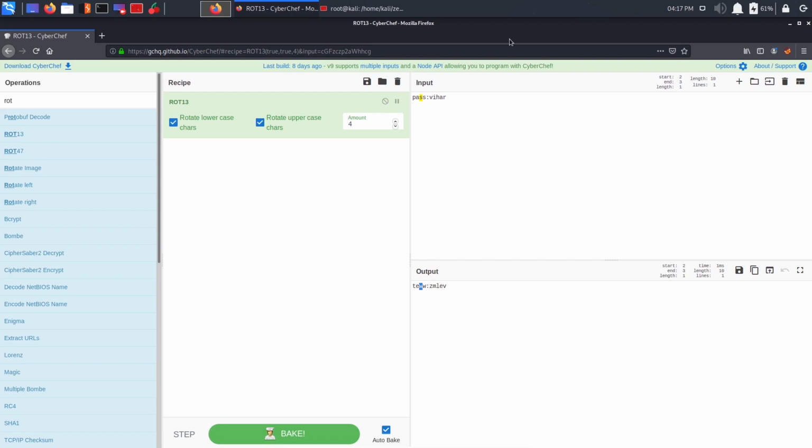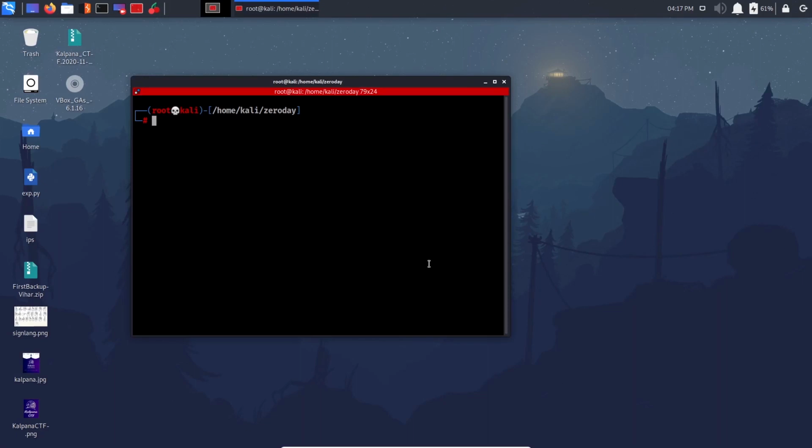Similarly, P would become P plus 5. And after Z, it just rotates itself back to the start, hence the ROT13. 13 is the middle point because we have 26 alphabets, right? 13 would always mean everything is unique. So that's the standard encryption we use. This in general is called Caesar ciphering. It's a famous cryptographic challenge we usually see in CTFs. It is a beginner level one.